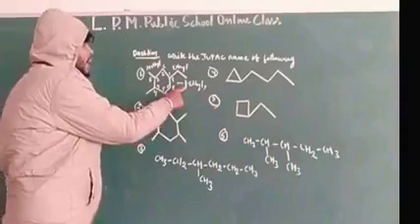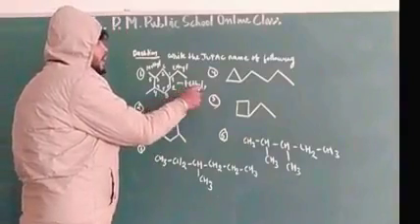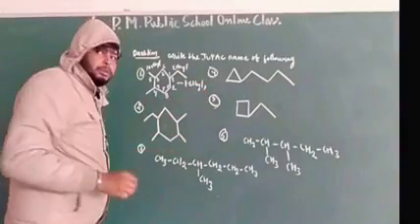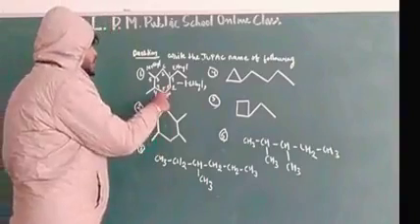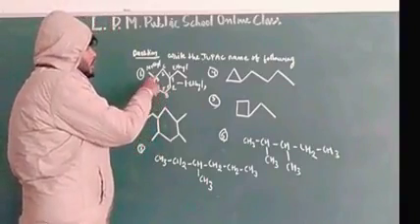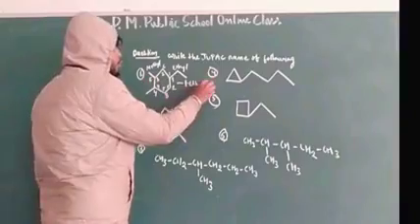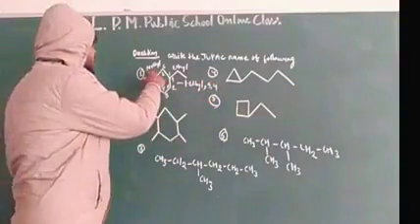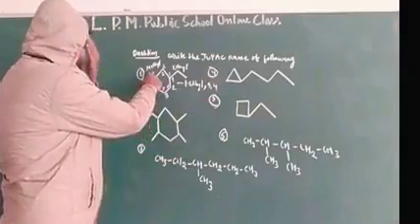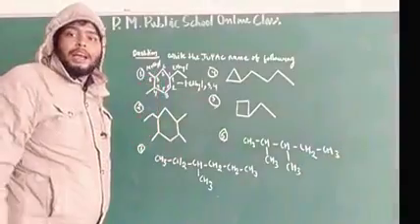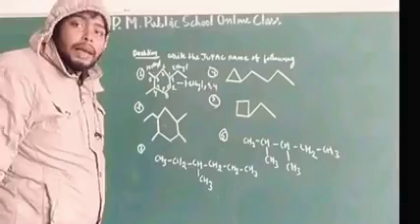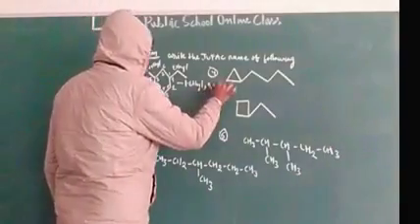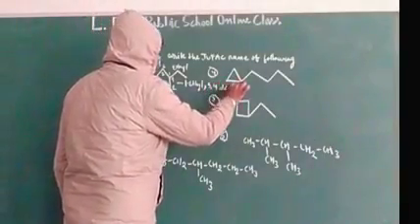That means I take a hyphen between 1 and E, and a comma between the other substituents, 3 and 4. You have to write 3, 4. How many methyl groups are here? There are 2 methyls. The first methyl is this and the second methyl is this. That means you have to write dimethyl: 3, 4-dimethyl.